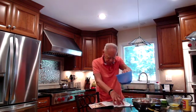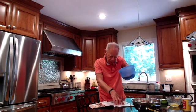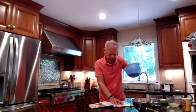So what we have here is 2/3 of a cup of sugar, 2/3 of a cup of brown sugar divided, which I've mixed with 1.5 teaspoons. I've mixed 1/3 of a cup of light brown sugar with 1.5 teaspoons of cinnamon,